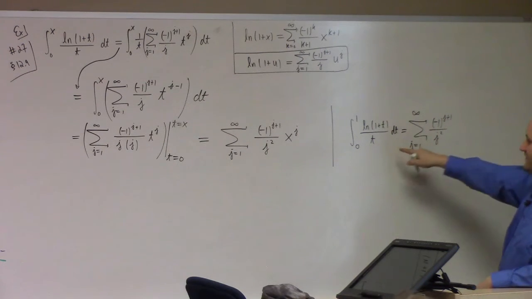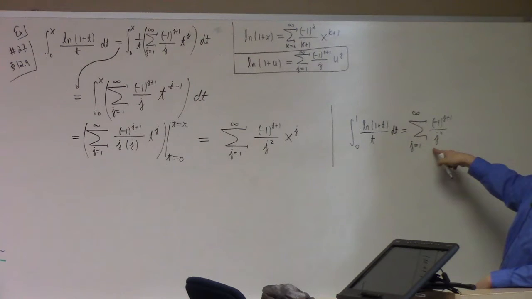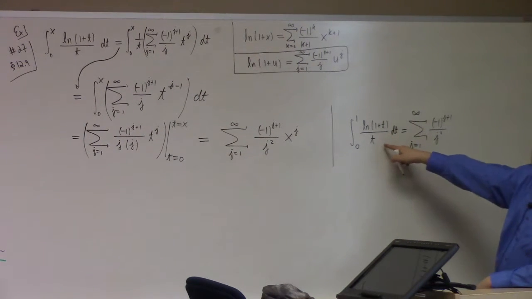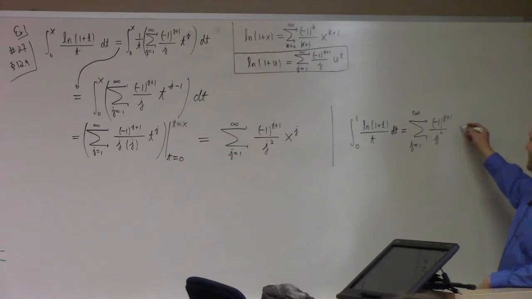So it's kind of funny. This gives us an integral representation of the sum of the alternating p equals 2 series. So if you want to approximate the sum of the alternating p equals 2 series, you could actually integrate this function numerically, and it would give you, of course, you could just, on the flip side of this,